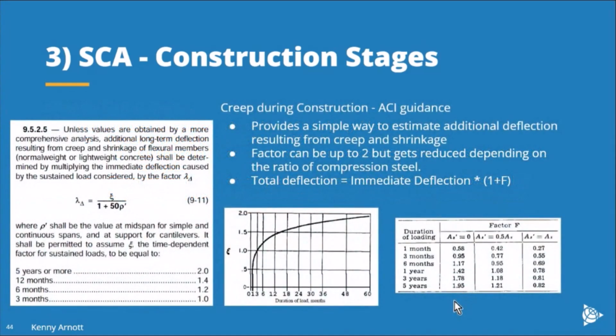So looking to the ACI guidance, the creep allowance is presented in quite a simple way. You've got an equation here where you can work out the additional effects, long-term effects in a member or structure. And at its simplest, you can see that you can have an additional long-term effect of up to a factor around 2. So that would mean that if a beam deflects 10 millimeters, then it'd be an additional 20 millimeters for long-term effects, and its total deflection becomes 30 millimeters.